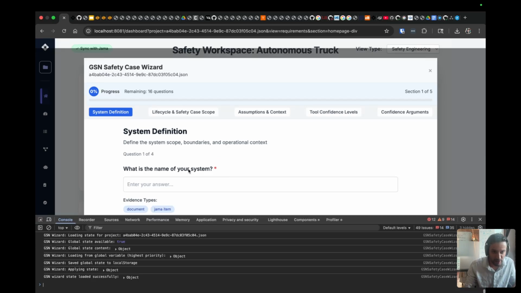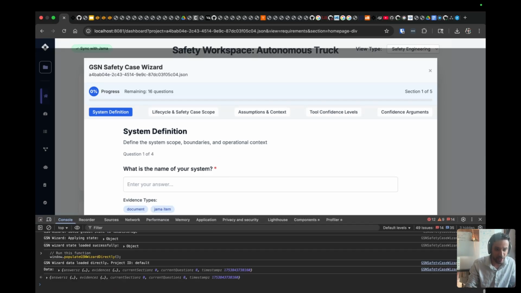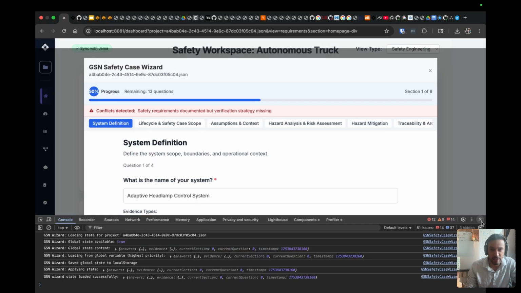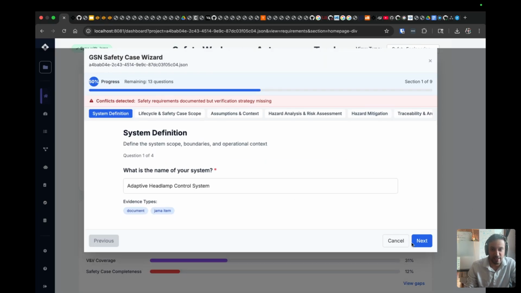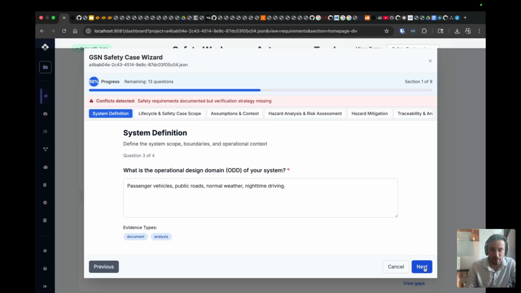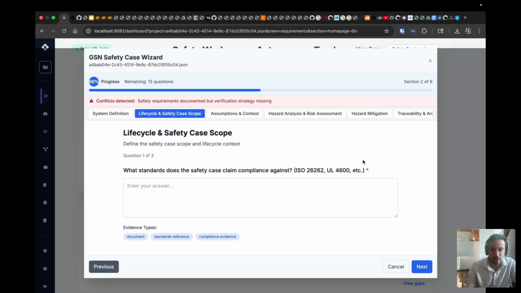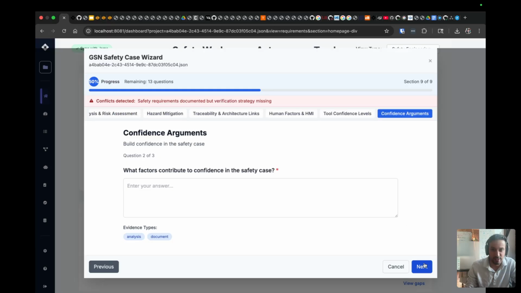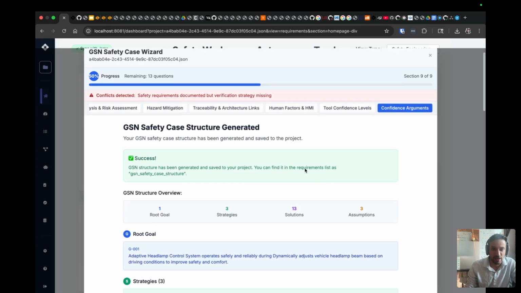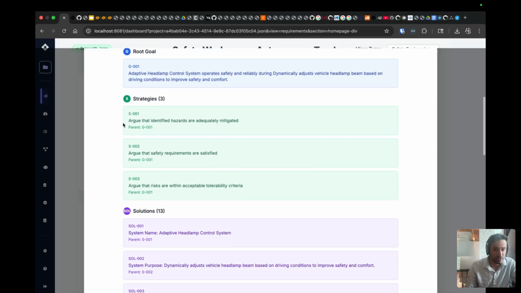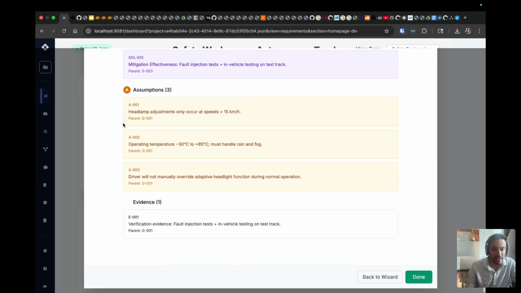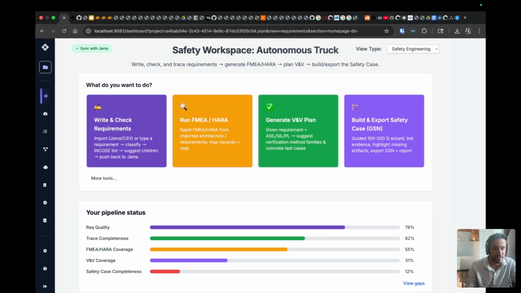So let's pre-fill this really quickly just so that we have something running. And this way we should be able to see a fully fleshed out GSN. So you can do that same hacking if you would like. You can see name of the system, primary purpose, the ODD, et cetera, et cetera. Let's scroll all the way to the end after we filled everything out, confidence arguments, and we'll see the final generated GSN. So this one was already cached, so it was retrieved really quickly. You can see the root goals, the strategies, the solutions, and the best part is you can view all of this in a graph